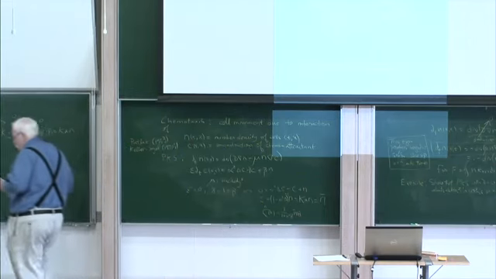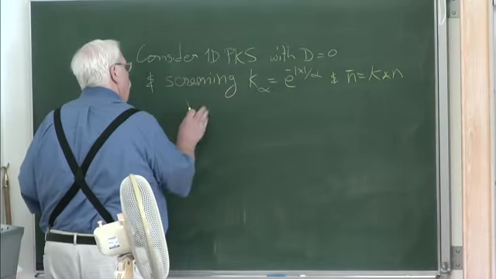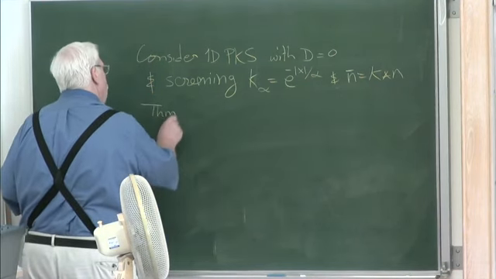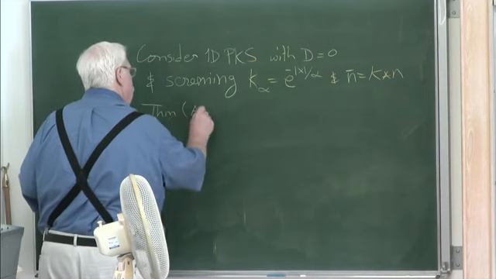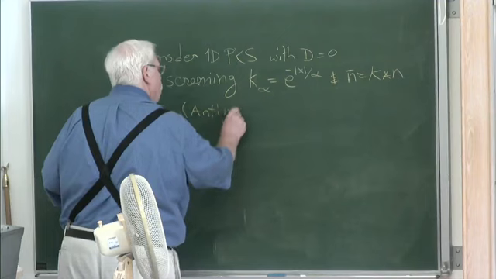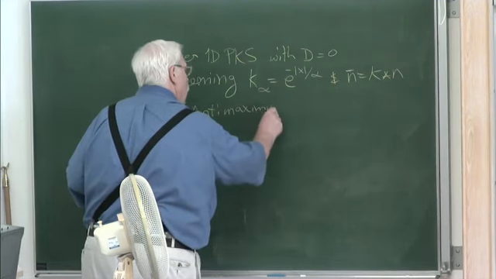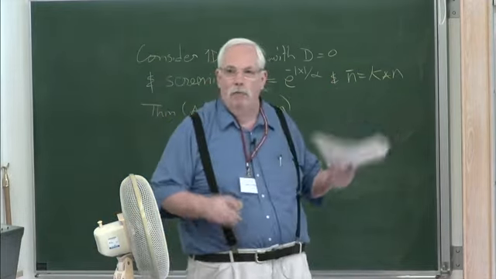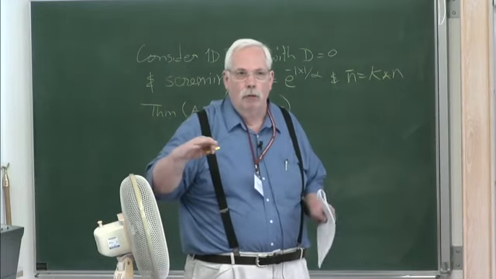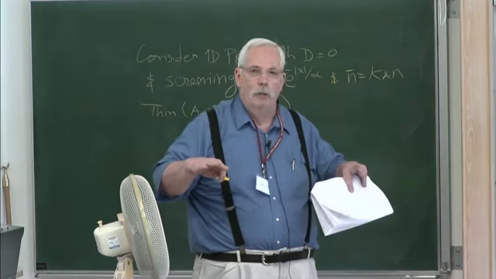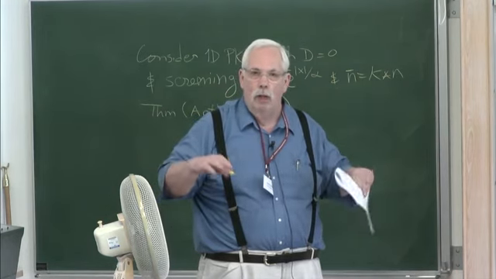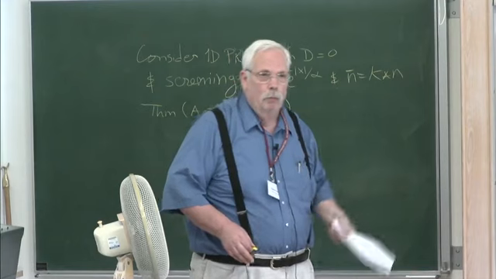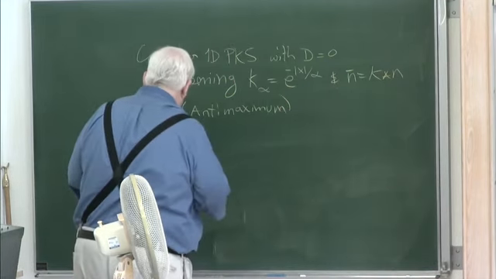Okay, so here's our equation. Well, we know our equation. Here's a theorem. Call this an anti-maximum theorem. For diffusion we have a maximum theorem, that the solution cannot, with time, exceed its maximum at the initial time. Here, with this other piece, we have an anti-maximum theorem, which says